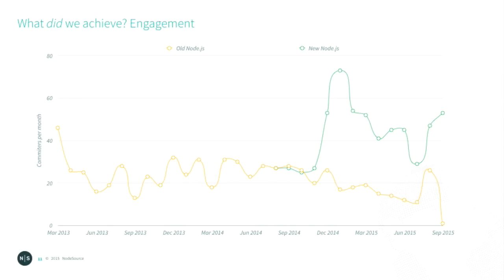So what did we achieve out of all those concerns? Well, this is another graph. It looks similar to the one before about commits, but this is the number of unique committers per month to Node Core. So if you take all the commits in the Git repository each month, and then you take how many unique people are in there, this is what you find. And I'm calling it old Node and new Node now, just to be a little bit less controversial.